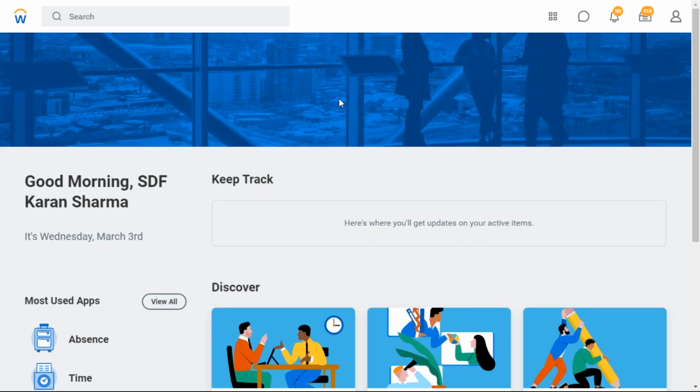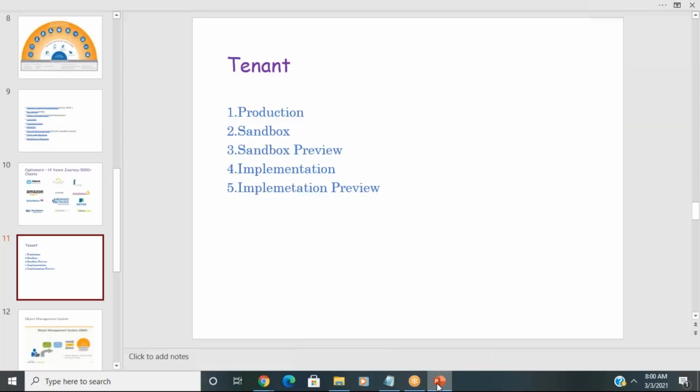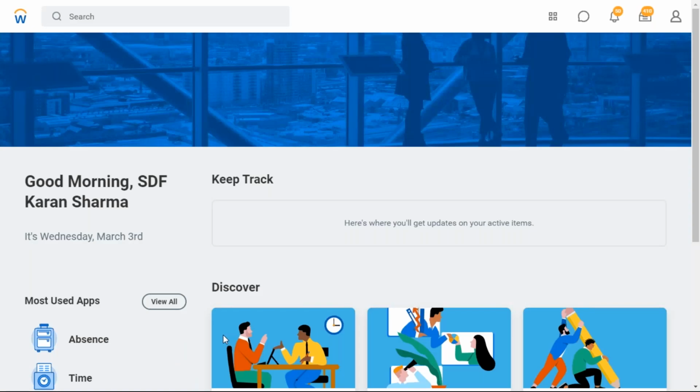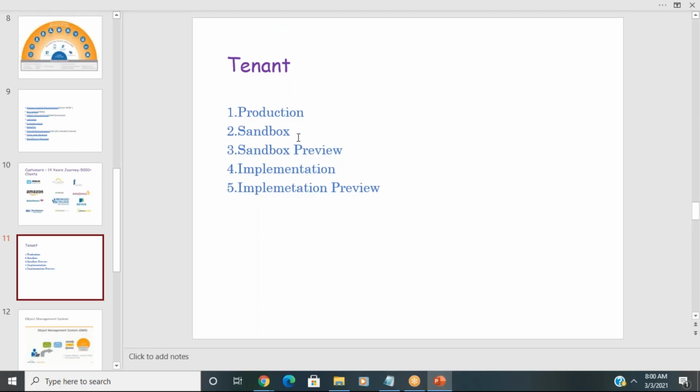If you're staying in someone's house and paying rent, you're called the tenant. Similarly, Workday is giving some space and charging. Workday calls the customers tenants. Each customer has a different URL as we discussed, and also each tenant has a different URL. The production has a different URL. If we take Maruti Suzuki, it would be Workday dot Maruti Suzuki dot some production URL. Sandbox would be Workday dot Maruti Suzuki dot some different sandbox URL. Workday will configure it. They won't mention this name, I'm just giving a simple example. Each tenant has a different URL.